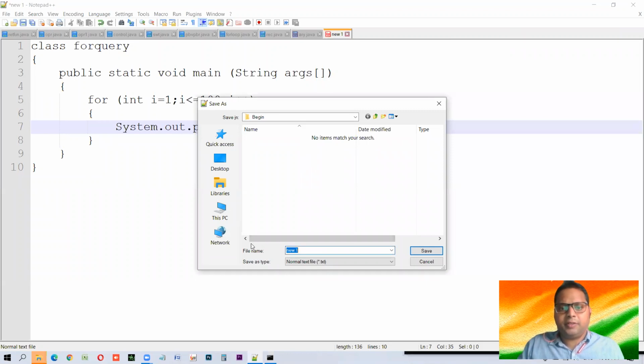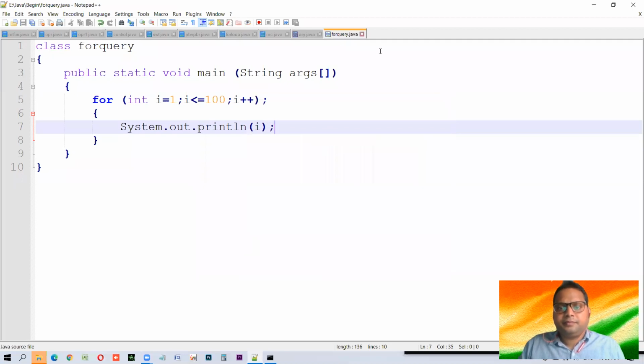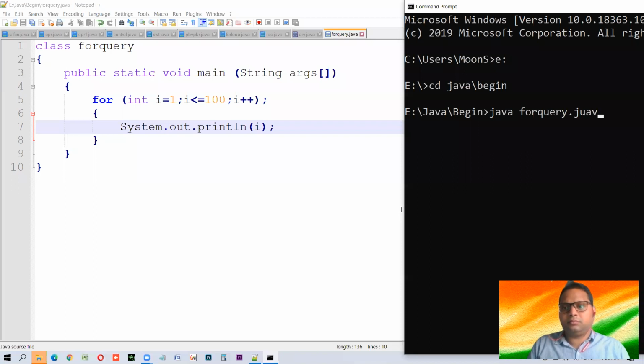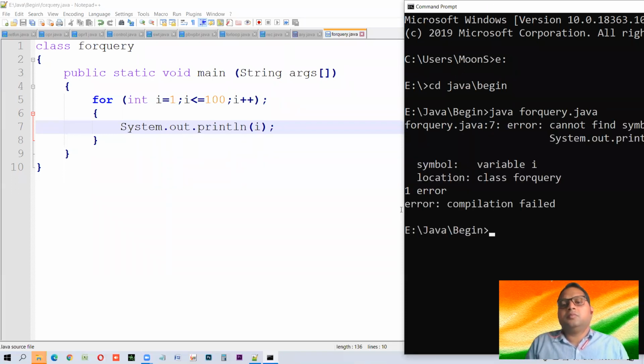First of all, let us save it as forquery.java. Some problem is there.